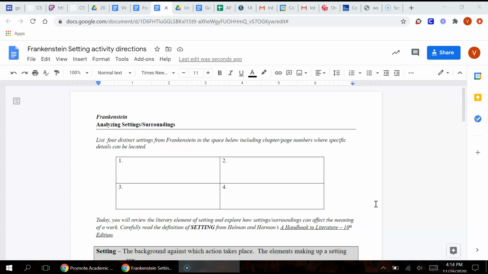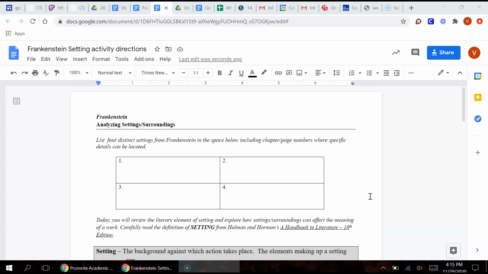What you're going to work on today and tomorrow is a setting analysis activity. I want us to then come together on Wednesday during a Zoom meeting and actually discuss the character analysis activity you did before Thanksgiving, and then this analysis activity over the setting that you're going to work on Monday and Tuesday. The Wednesday Zoom meeting is not going to be required, but it's highly recommended that you attend because all